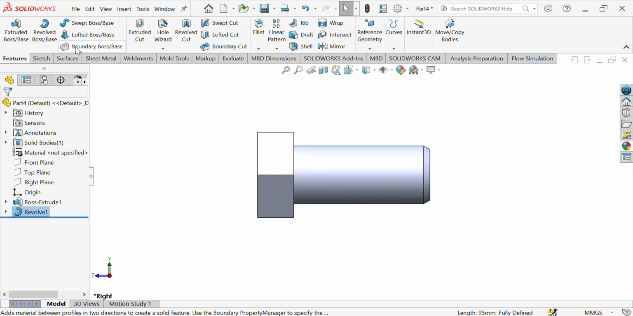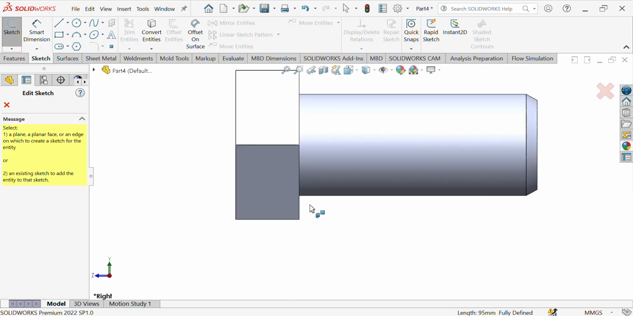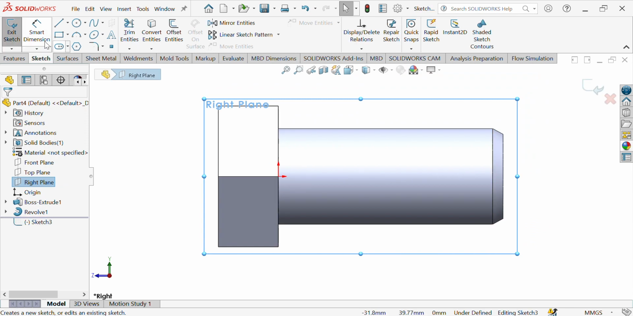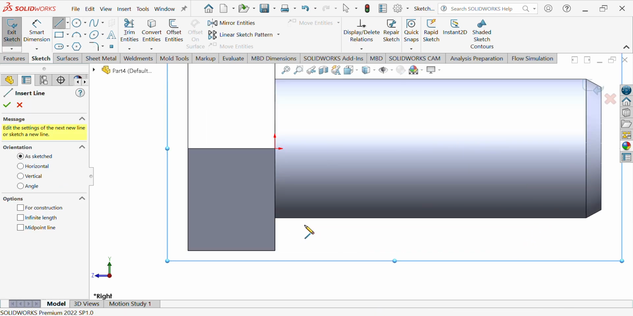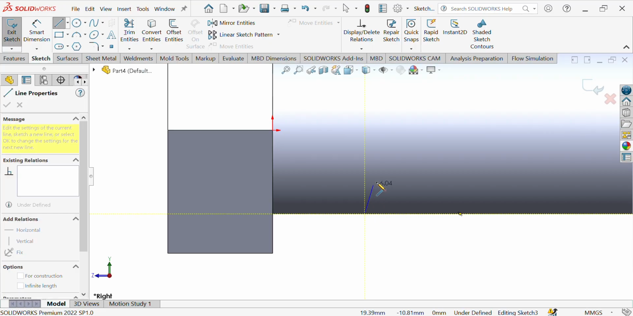Now we will have to create a profile for thread portion. Go to sketch, select line, first of all select the right plane. Now go to line command and from here to here draw a profile like that. Okay,